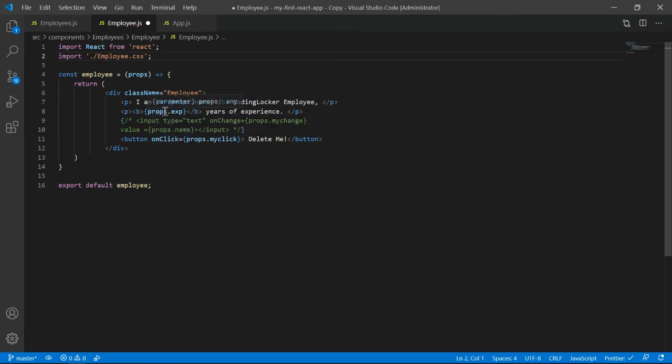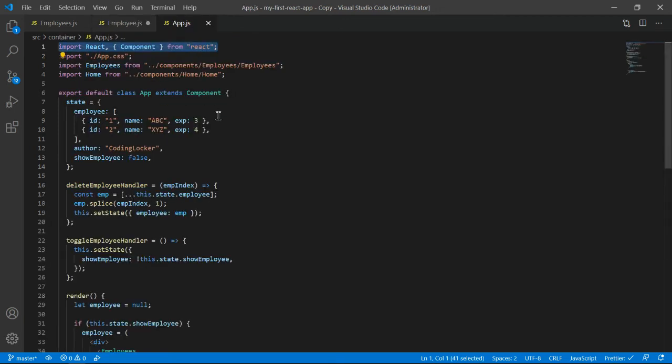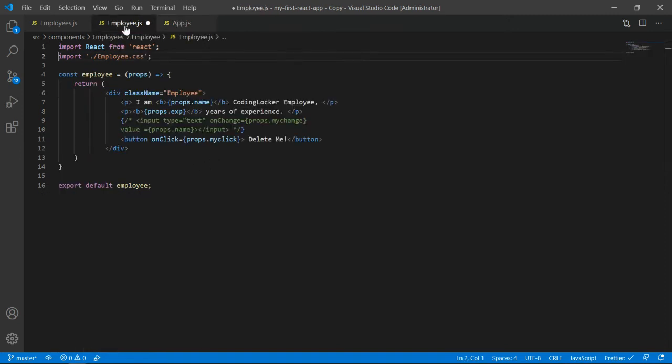So we should try to keep as few stateful components as possible. That means wherever you are managing the state, this should be less. So this is our app component, right? In your application, it would be really easy to maintain if you know who is responsible for managing the state. But if you allow all the components to manage the state, it would become really difficult to identify who is causing a problem if any problem occurs.